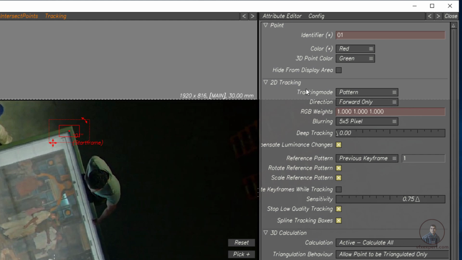After this, come into 2D tracking. 2D tracking is the most important thing in 3D Equalizer. Most of the shots we will track with our 2D tracking. In 2D tracking, the mode is pattern, which is the default. Some other modes are also there, like marker for marker tracking, edge and corners. By default, I have selected pattern. After that, in direction, from here you can select directions, like forward only, which means your shot will be tracked only in the forward direction. This totally depends on your shot. The remaining things we will cover in later classes. So these are the main parameters which we are going to use in this shot.